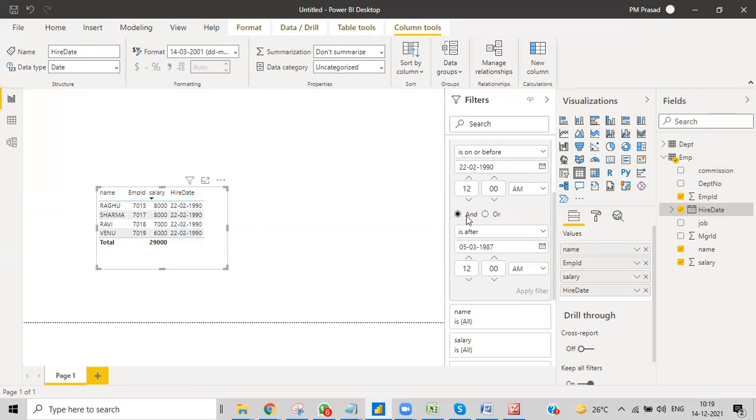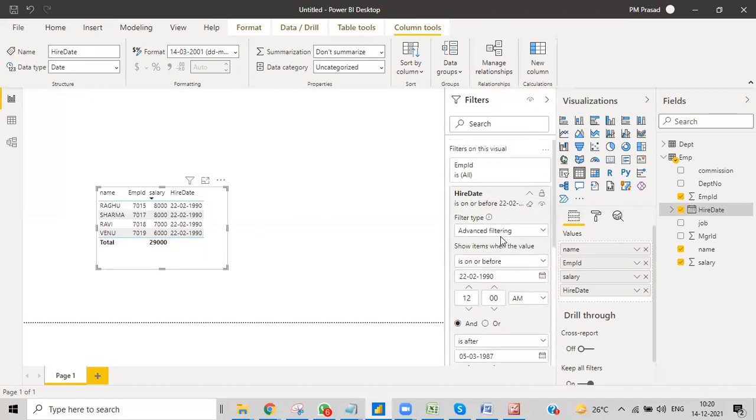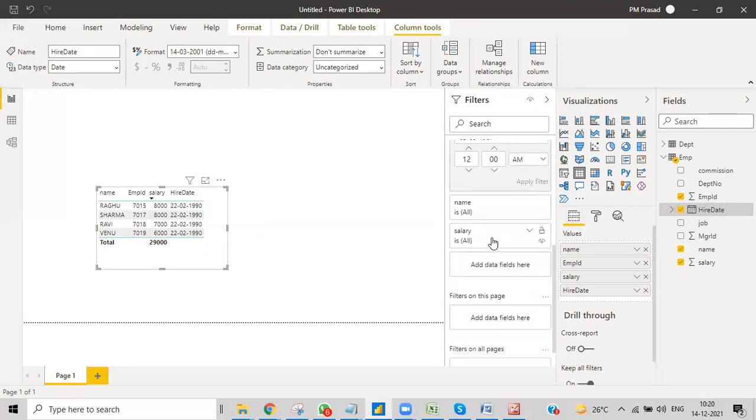There you need to understand whether to use and or or. If you want both conditions to be applied at a time, then we'll go with and. If either this one or this one needs to be activated, then we'll go with or. You need to understand where to keep or, where to keep and, and how we'll implement two kinds of instructions at one time. So there are three types: one is string type, one is number type, and one is date type. We have these three kinds of filters over here.